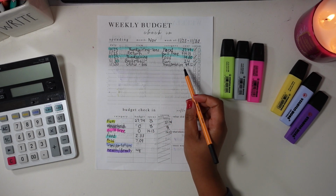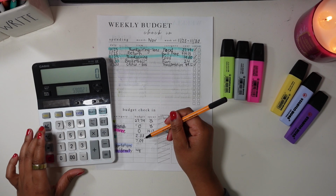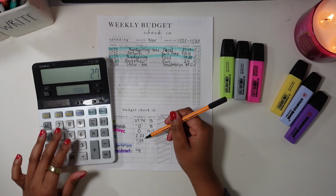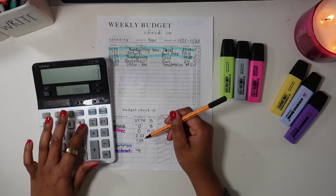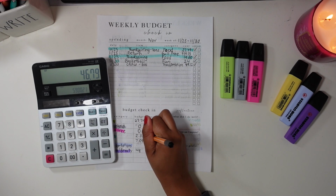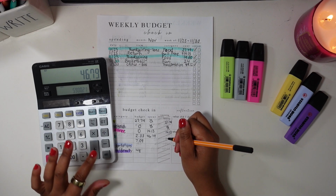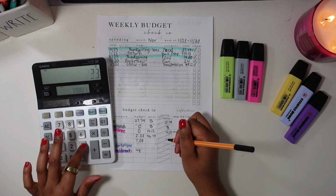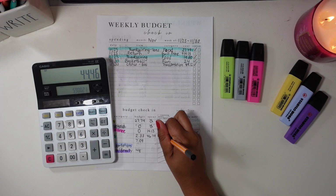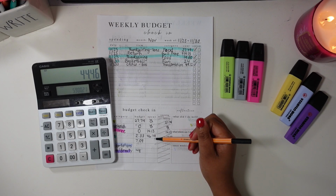So for food, I started off the week with $2.33, and I spent $27.79 plus $19. So this week for food, I spent $46.79 and I only had $2.33. So minus $2.33. That means I went over my food budget by $44.46. I wanted to go ahead and track it this way because I truly want to get better at tracking